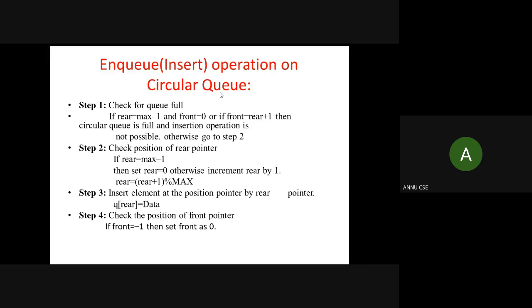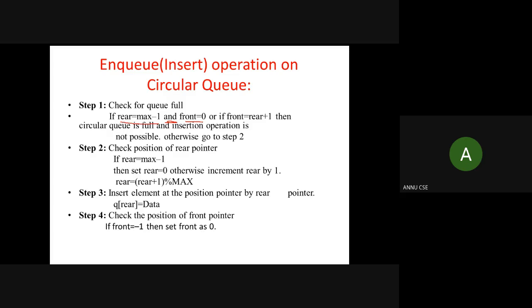So check for the overflow condition, and we have derived the overflow condition. The same formula we have used over here. If rear is pointing to max size -1, and at the same time, the AND operator we are using here, front should be pointing to index number 0.